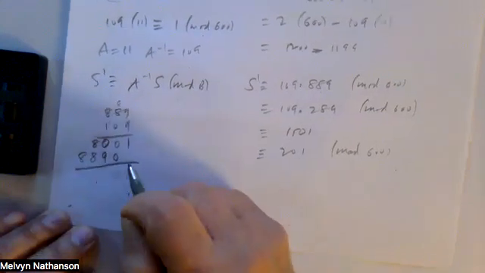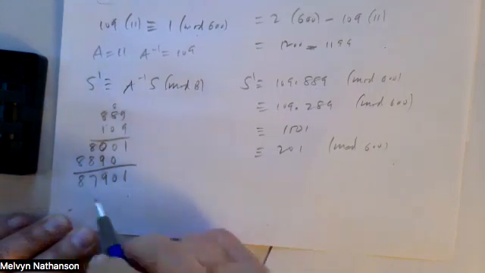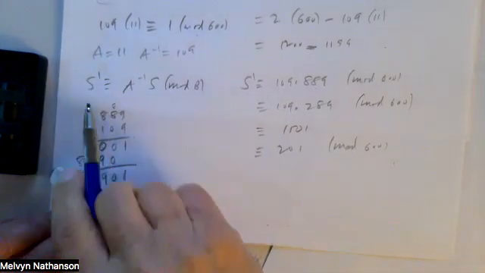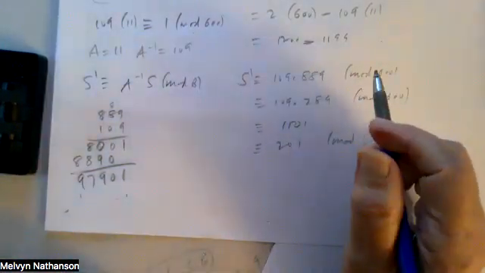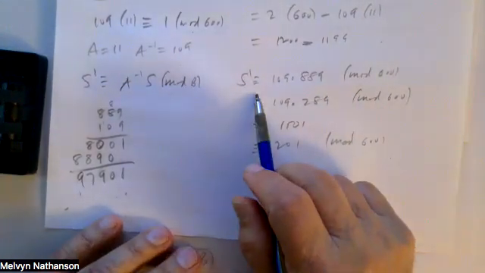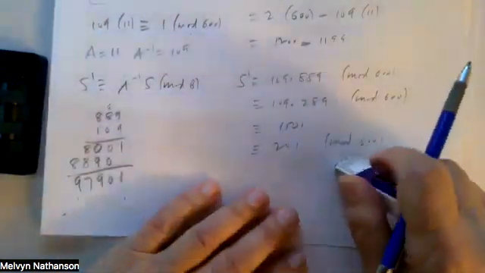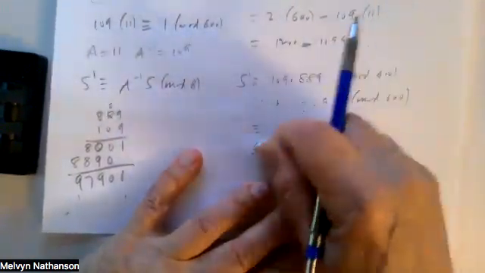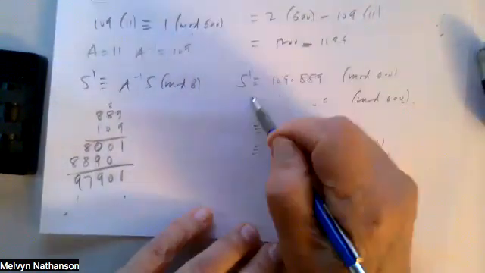So when I add this up, I get 10978. 10979. So S prime is congruent to 109 times 889. Which means S prime is congruent to